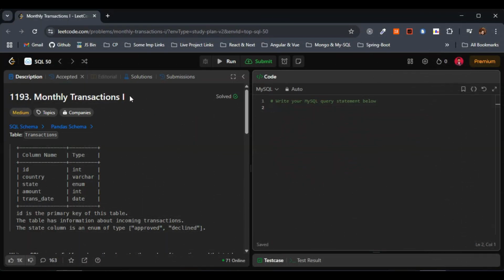Hello everyone, today let's solve problem number 1193, Monthly Transactions 1. So what the question states here,